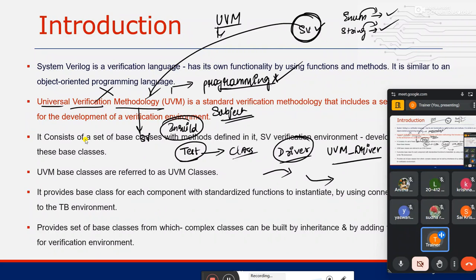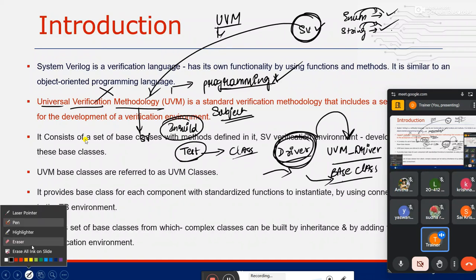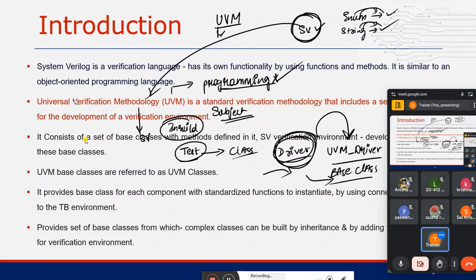In SystemVerilog, only topic by topic we had inbuilt methods, but in UVM, for the complete file itself, I have an inbuilt base class. So it's called a base class, nothing but your inbuilt class. Like this, how efficiently I can use SystemVerilog, that is what I'm actually studying in the UVM subject.